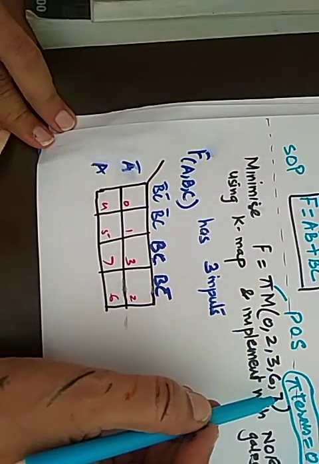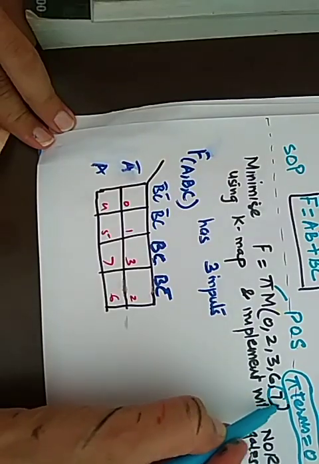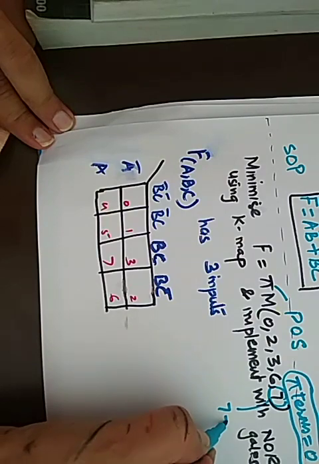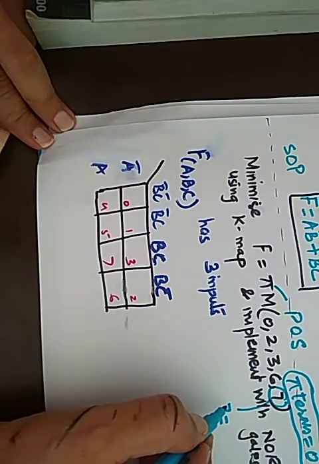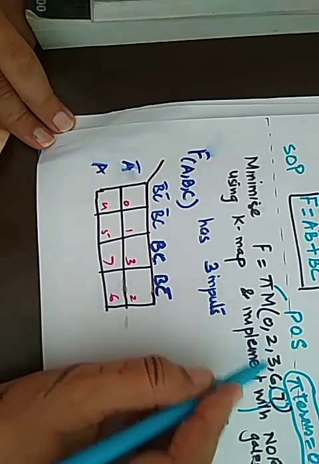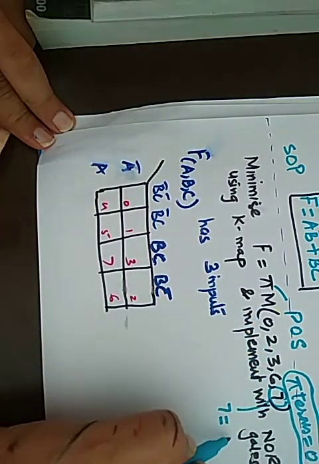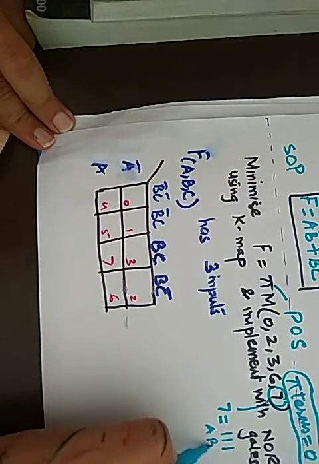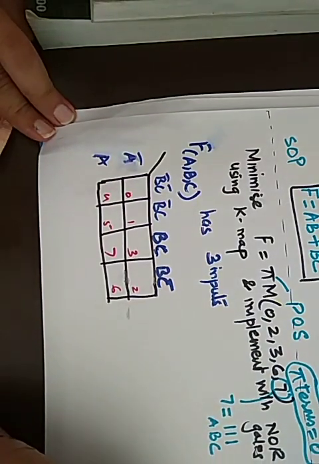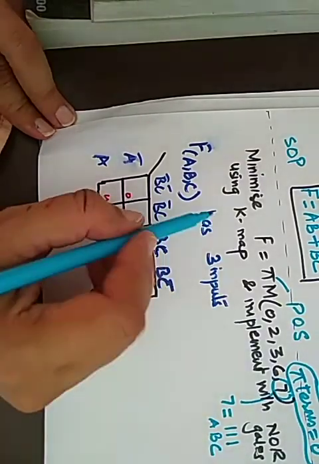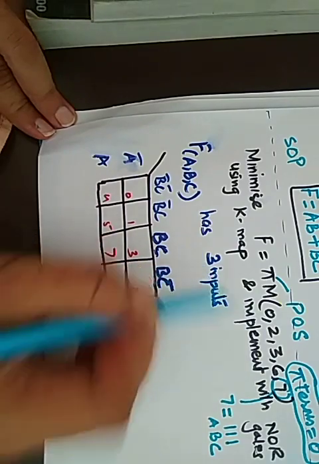For the given function, from the highest term, which is 7 in this case, we have to see the number of variables required to represent the highest term in the function. So in this function, the highest term is 7. 7 will be written by at least 3 variables. So we need 3 variables. Let's label them as A, B, C. With this understanding, we know that this function now has 3 inputs.